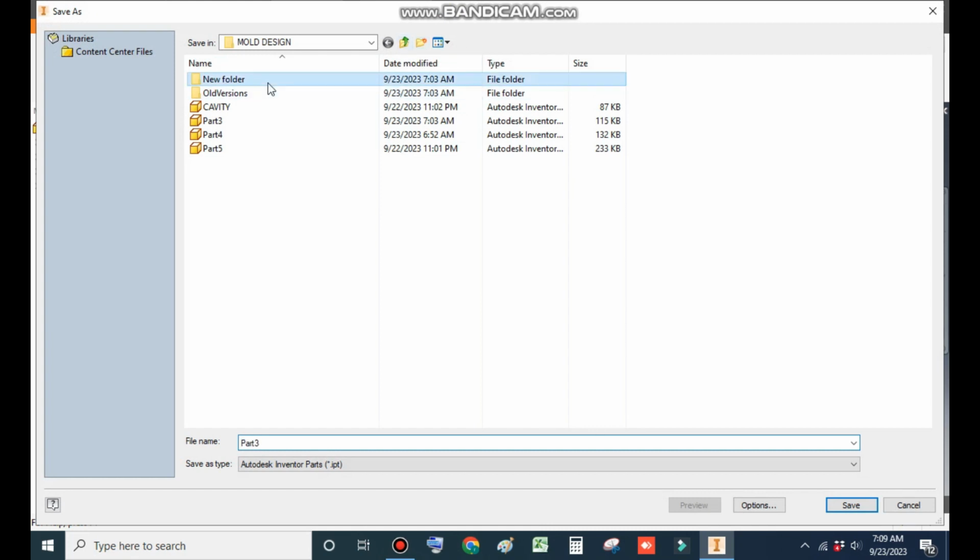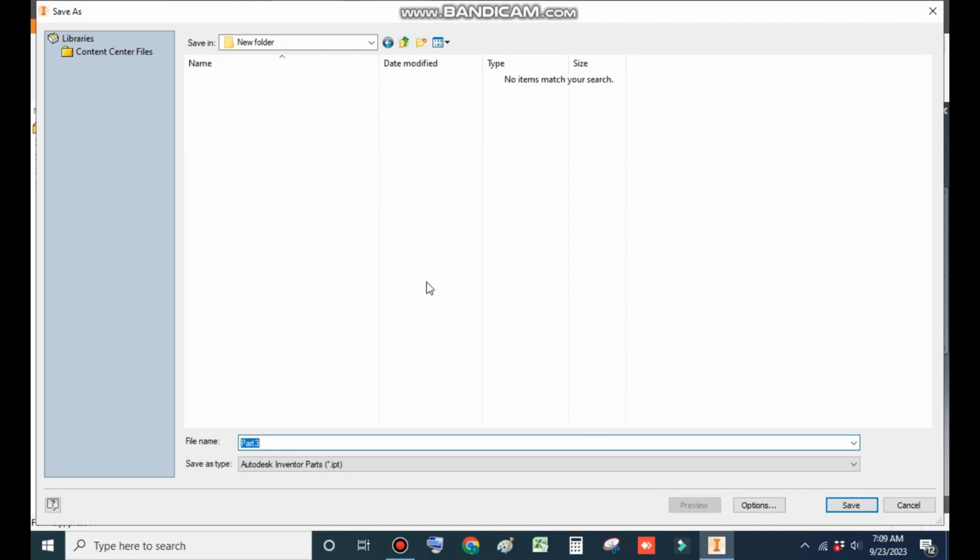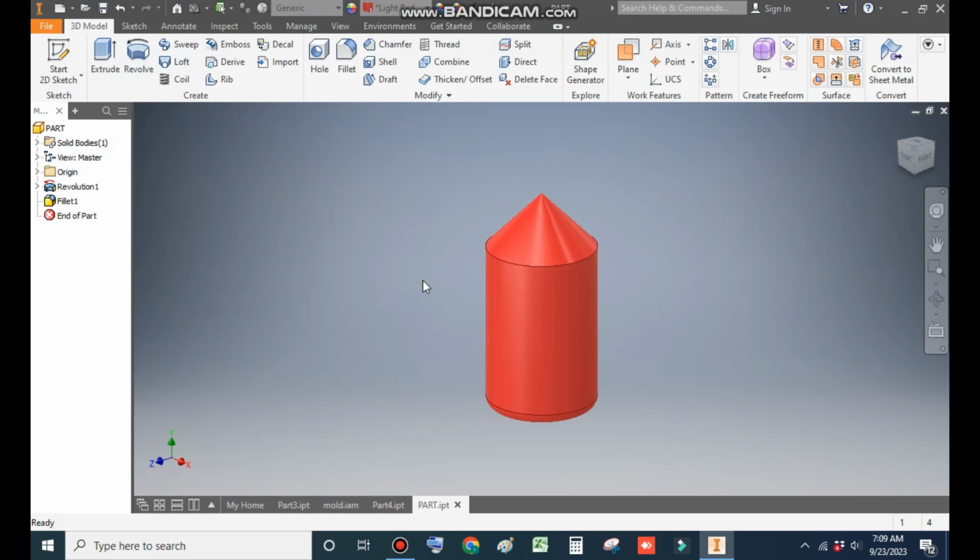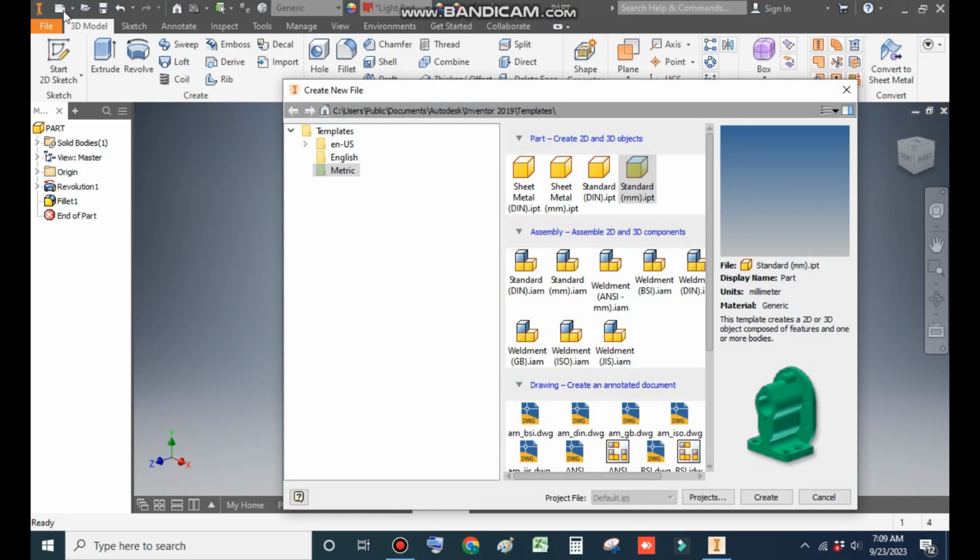Make a new folder. Here we will save it as part. Now go to new, select the standard part in millimeter,